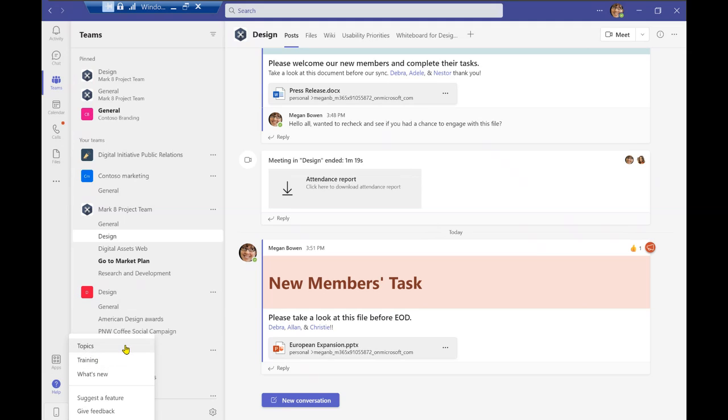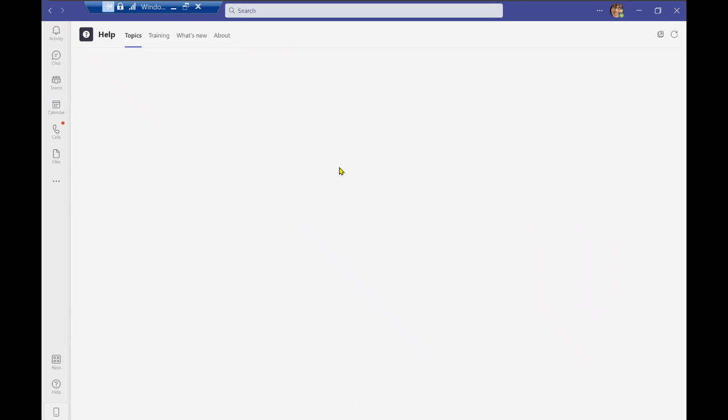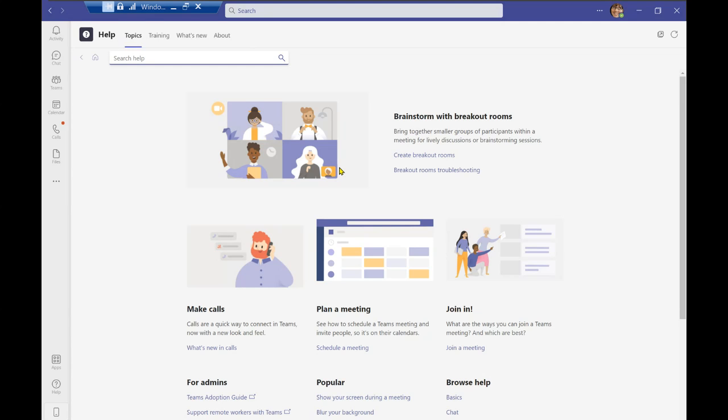in a small window regarding help topics, help training, and what's new with Teams. And you even have the option to suggest a feature or give feedback on the feature that you were working on. Now, I did want to draw your attention to the topic specifically. So once again, because I reviewed a lot of information, perhaps you weren't able to access the recording as easily or did not remember some specific things, which is no problem at all.